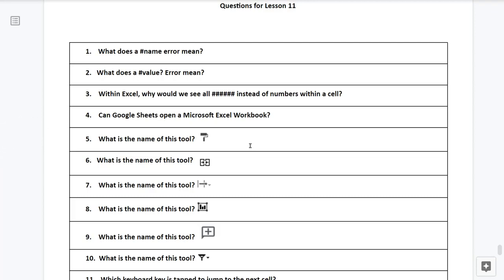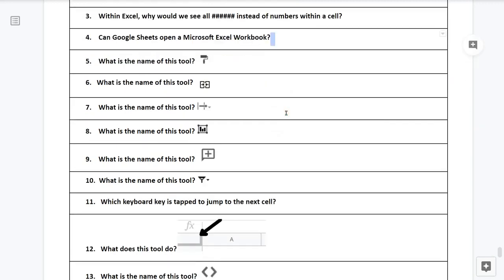Question number 3. Within Excel, why would you see all pound marks instead of numbers within a cell? Number 4.